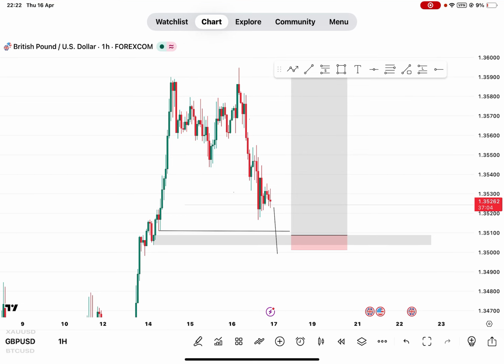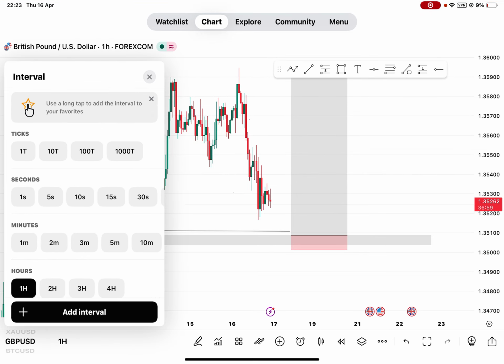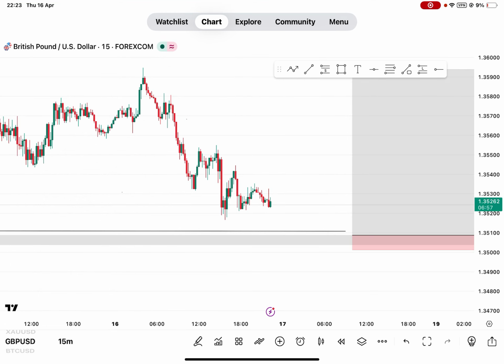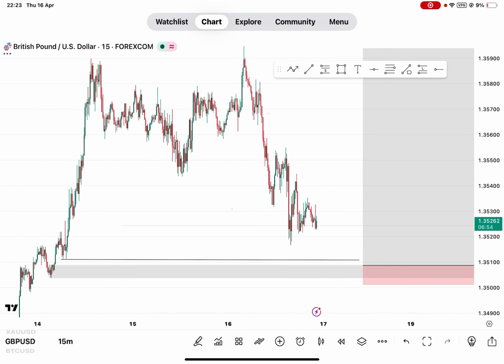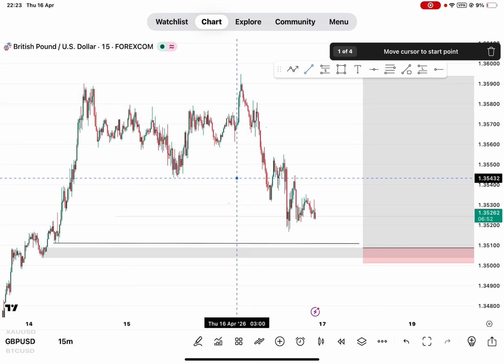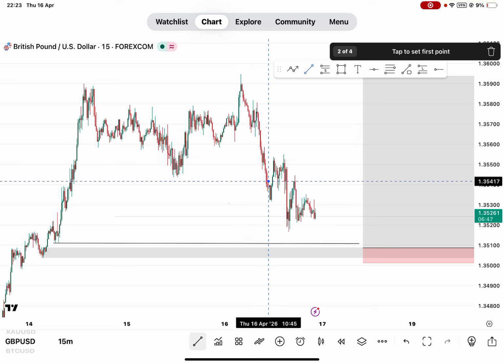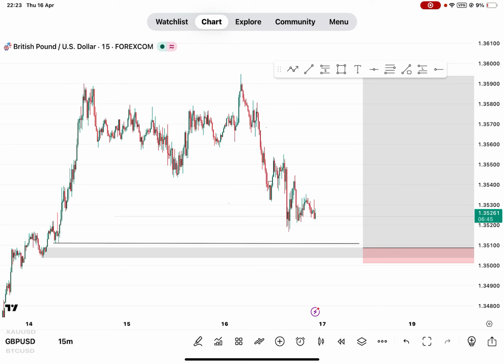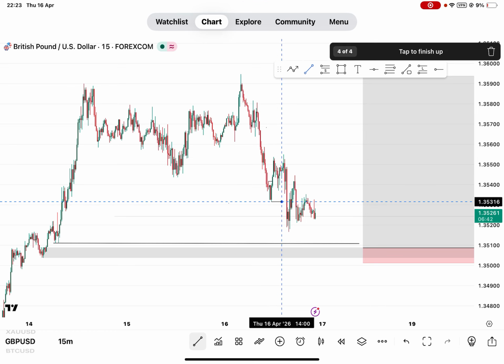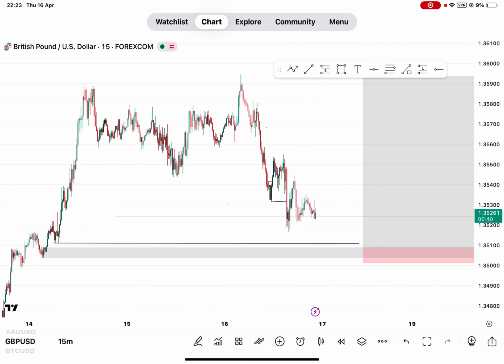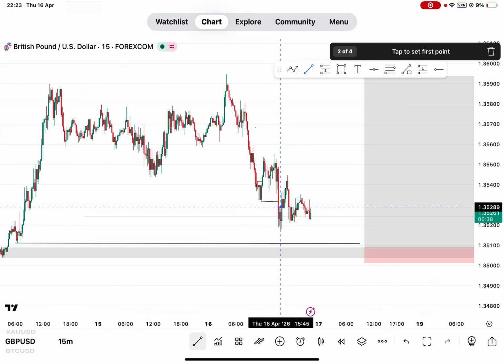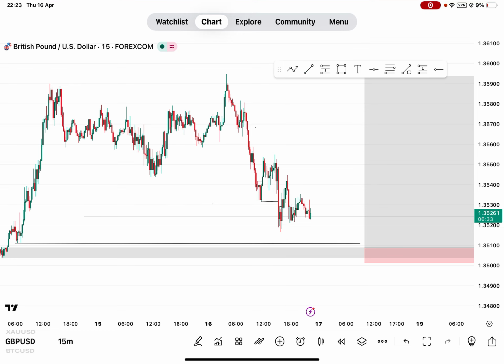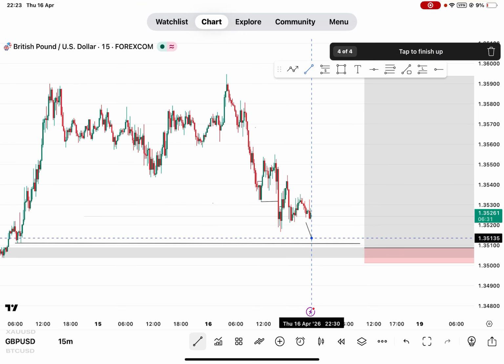So let's jump to our 15-minute time frame and see what the market is actually doing right now. What the market is doing right now is sweeping the liquidity of every part in the 15 minutes. You can see this was the liquidity, then it did the break of structure, so the market did another liquidity sweep over here, and now we are expecting another break of structure to the downside.